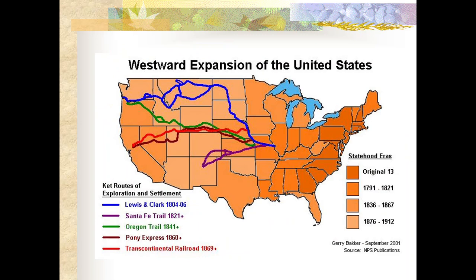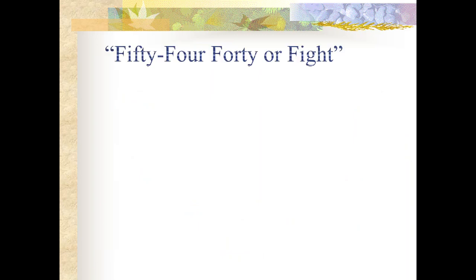And so this is a map. The blue there is showing the Lewis and Clark expedition, so the original route out west. The Santa Fe Trail there in purple, again coming out of Independence, Missouri. You'll see the Oregon Trail there in green, following along some of the similar paths of Lewis and Clark over into the Oregon Territory. We will eventually see the Pony Express, so being able to get mail and information out to the Western Territories, and then after the Civil War, the completion of the Transcontinental Railroad, our first railroad that will try to connect the eastern and western coasts of the United States.